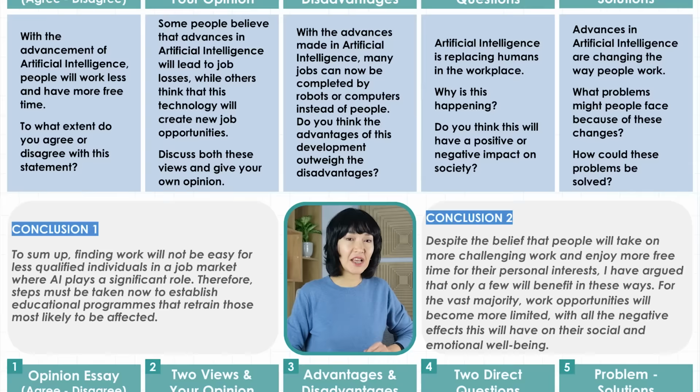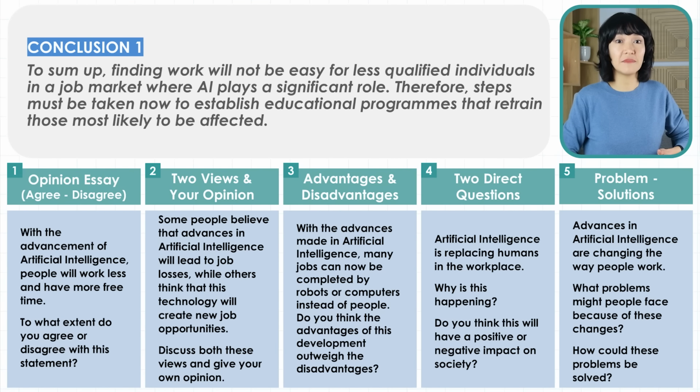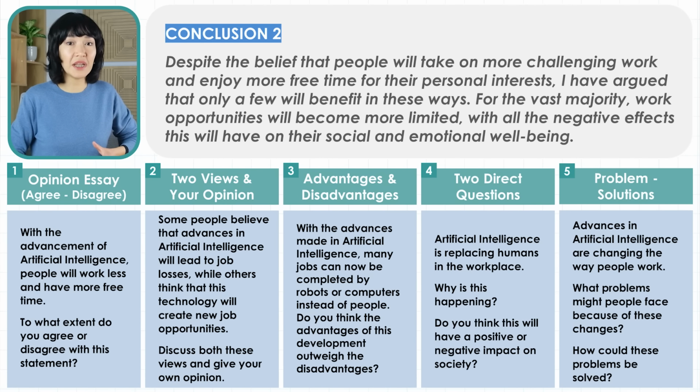Shall we check? So the first conclusion has no opinion. This may only be problem solutions or 2 direct questions. This one refers first to the difficulty of finding work and then points to possible solutions. So conclusion 1 is from the problem solutions type of essay. The second conclusion presents an opinion, and it contrasts 2 points of view. So this may be an opinion essay or a 2 views essay, but ours mentions free time just like our